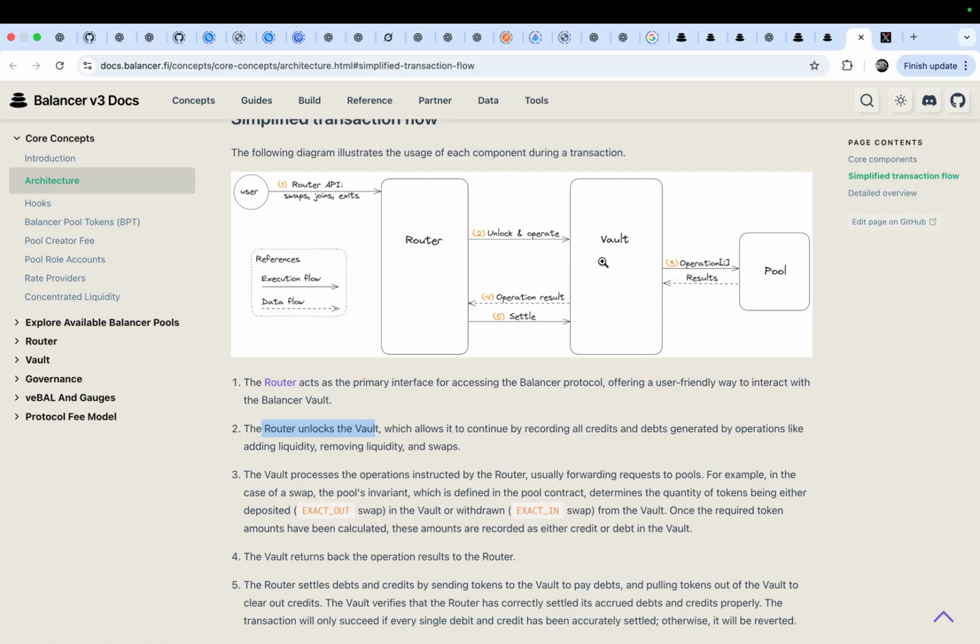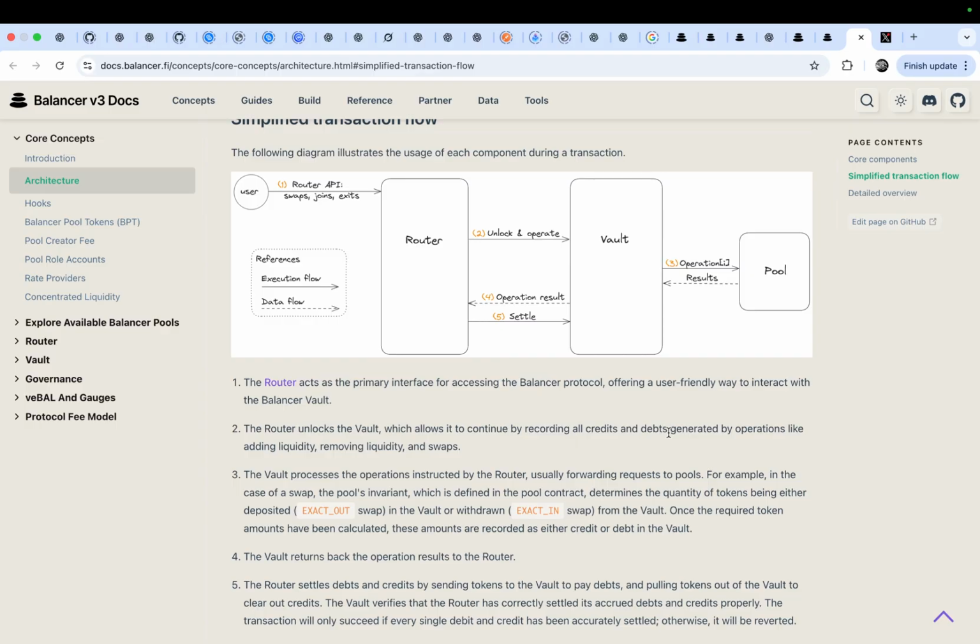Once the vault is unlocked, the following operations can be executed, which allows it to continue by recording all the credits and debts. The credits mean you put some liquidity in the pool. The debts mean you withdraw some liquidity or tokens from the pool,